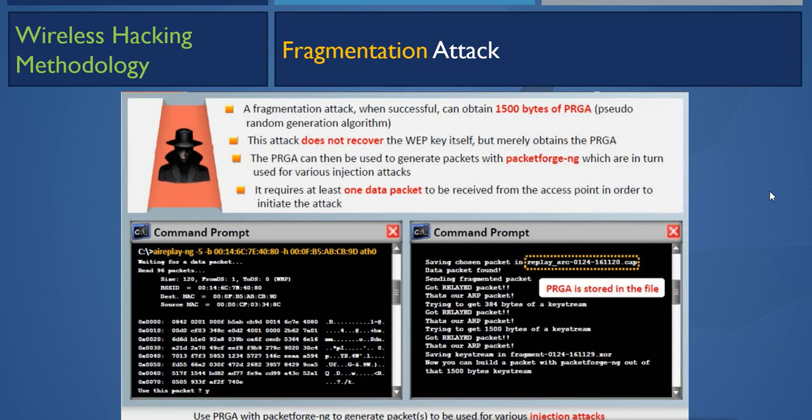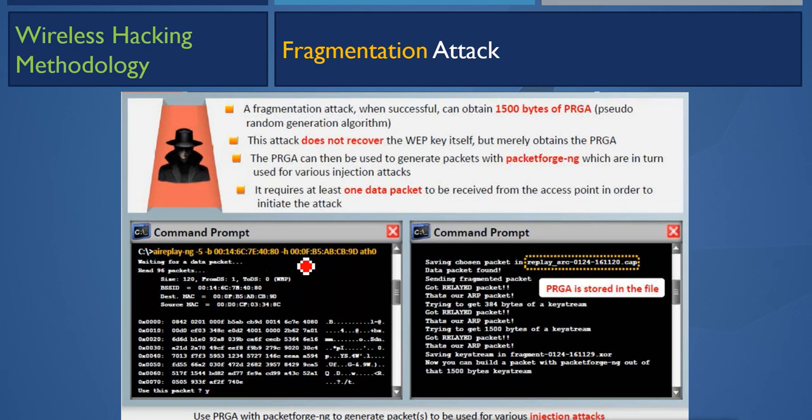For doing that, it will use the aireplay-ng command, and with aireplay it is using the number 5. Every attack with aireplay has a unique number and name also, and then it is giving the BSSID of the AP and the host MAC address, the host which is connected to that BSSID. Now where will we get this information? Where we run the airodump command. There we know the ESSID, we know the BSSID of the AP, and we know the host which is connected to that SSID. So with the host MAC address and BSSID of the AP, we will do this type of attack.